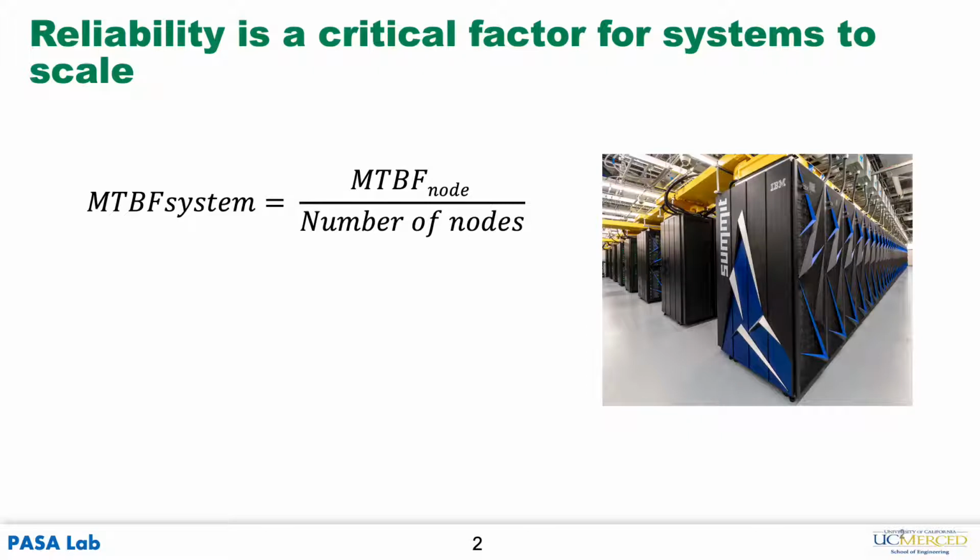Large-scale HPC systems are the main computation platform for HPC workloads, such as scientific applications. One of the main focuses to maintain the system is reliability. The metric used here is mean time between failure. Theoretically, the system-level mean time between failure equals the mean time between failure per node divided by the number of nodes. For a system that has 10,000 to 100,000 nodes, mean time between failure could be between 87 hours to 9 hours. This goes down when the system scales up.